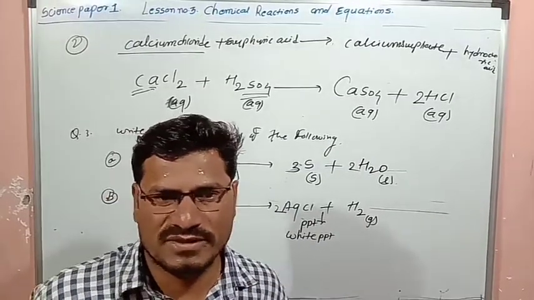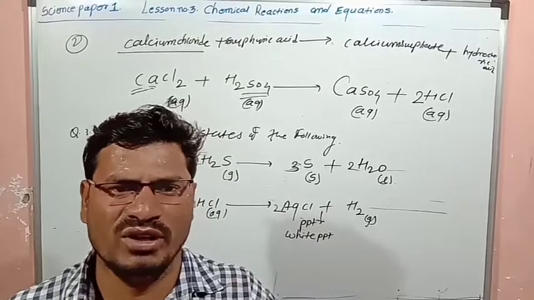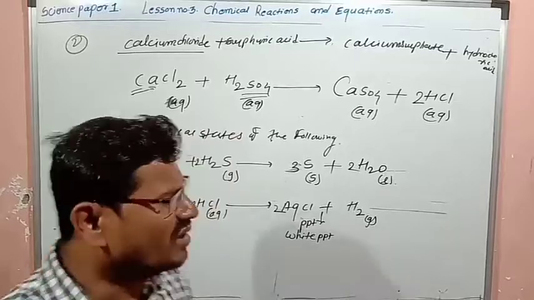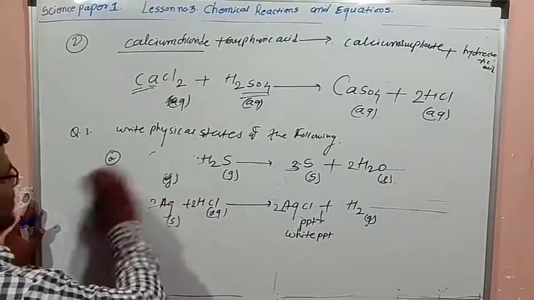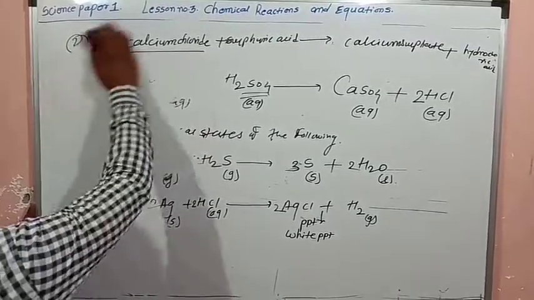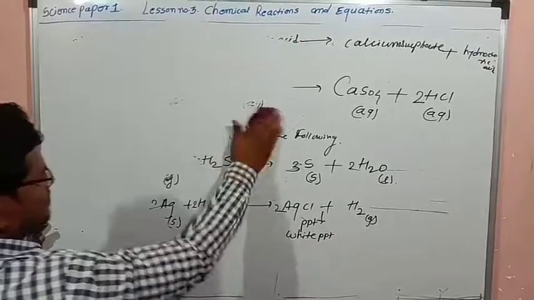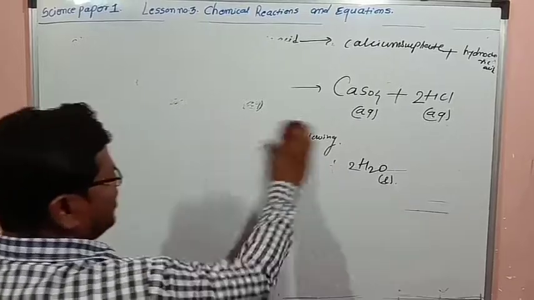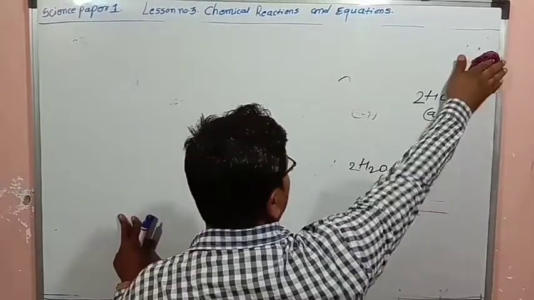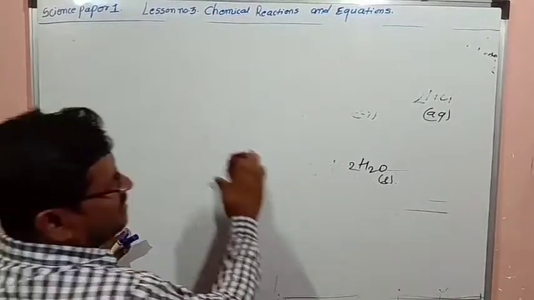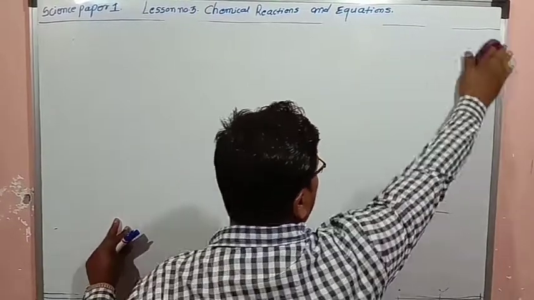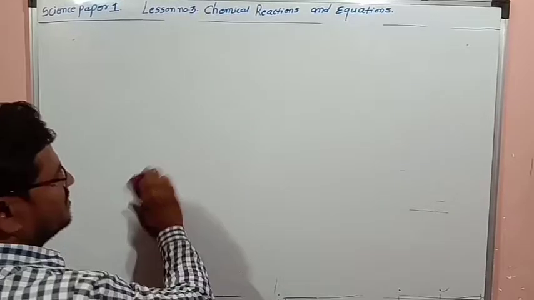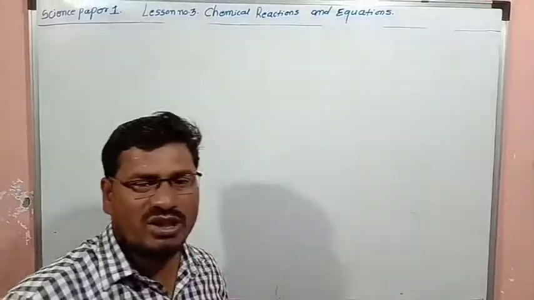So after this we are going to study the next point, types of chemical reactions. Which are the types of chemical reaction? There are 4 types of chemical reaction. The first one is combination, the second one is decomposition, the third one is displacement, and the fourth one is double displacement. With the help of examples we are